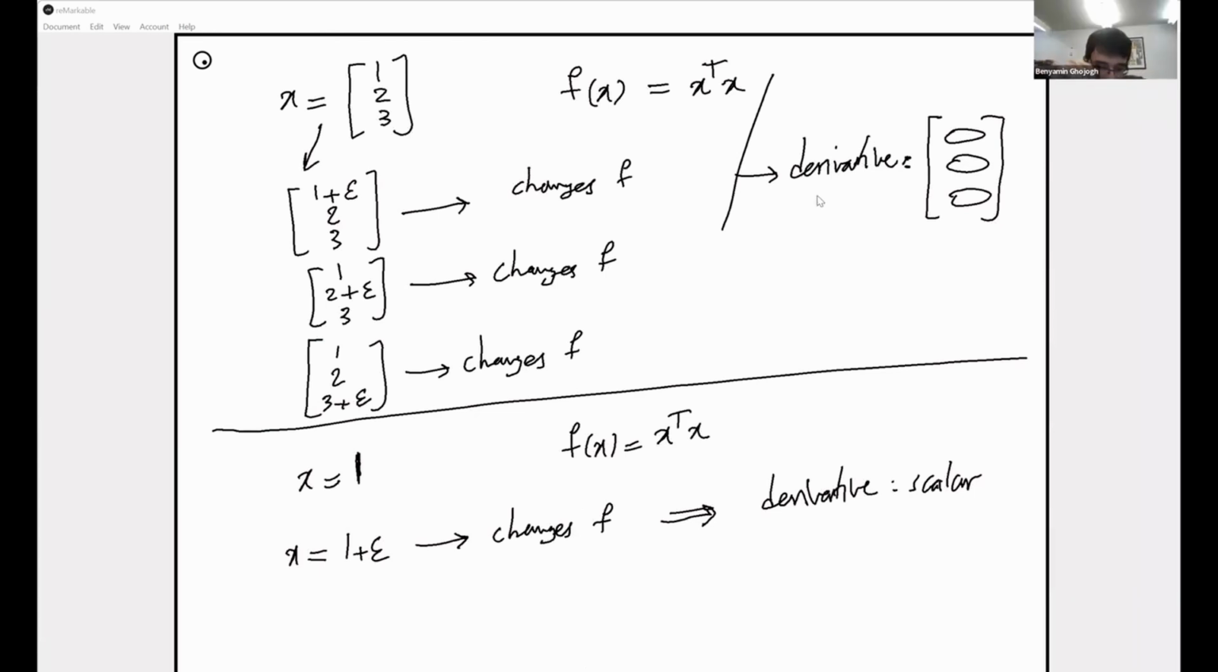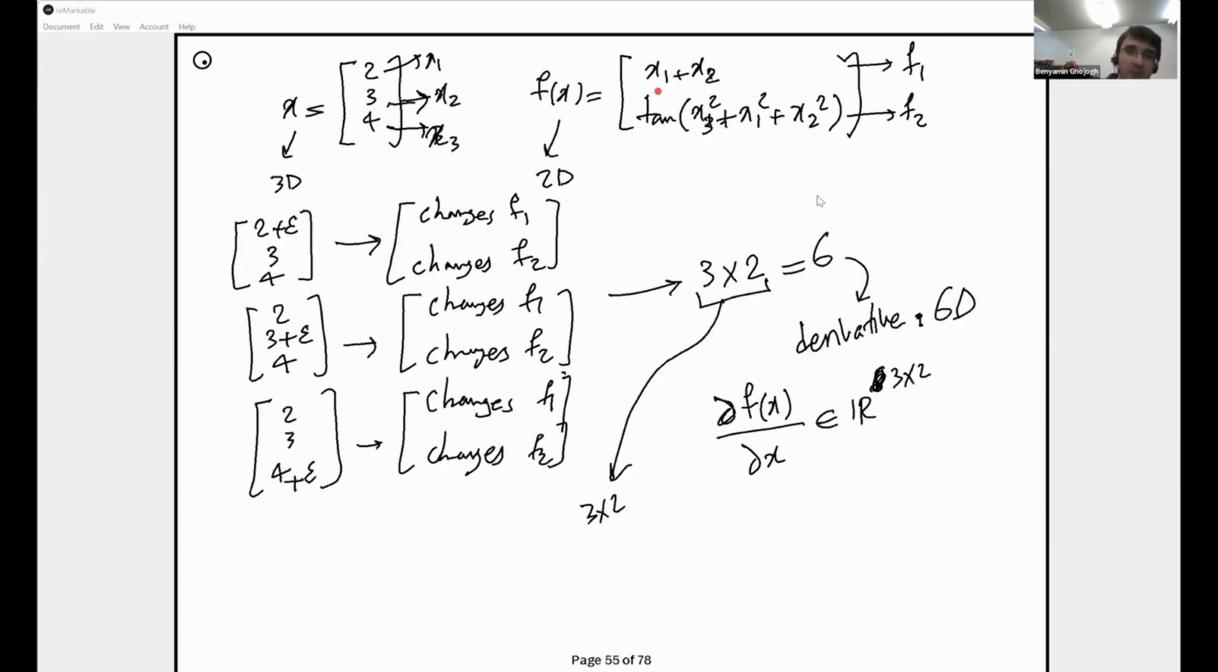Thank you. So, in other words, the derivative of a scalar with respect to a scalar is a scalar. In this example now, the derivative of a scalar with respect to a vector is a vector. The derivative of a vector with respect to a vector is a matrix: rows for the vector of input, columns for the vector of output. Now you tell me the derivative of